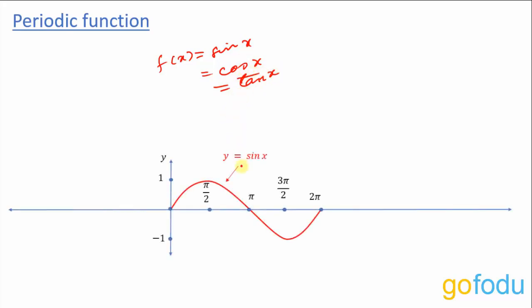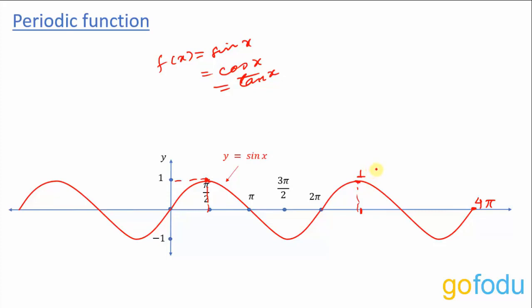Now look at this graph of y is equal to sin of x. After 2 pi, the same curve will get repeated again. This point here is 4 pi, so the same curve is getting repeated again after 2 pi. Similarly, on the left also, the same curve will repeat again. Now sin of pi by 2 is what? Sin of pi by 2 is 1. If we move 2 pi towards the right, then sin of pi by 2 plus 2 pi will again give 1 as the y value.